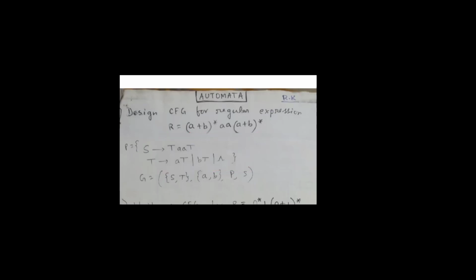And at last, write the grammar in 4 tuple. You know 4 tuple. So how many non-terminals? There are 2 non-terminals. We have let S and capital T. So this is Vn, the non-terminals, and the terminals are sigma, small a and small b. P is the set of productions. We have created the set of productions, and S is the start symbol. So at last, write the grammar in terms of 4 tuples. Have you understood how to convert a regular expression into context free grammar? If not, then tell me.